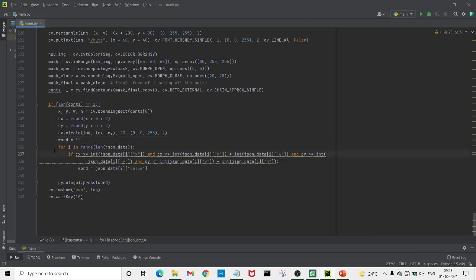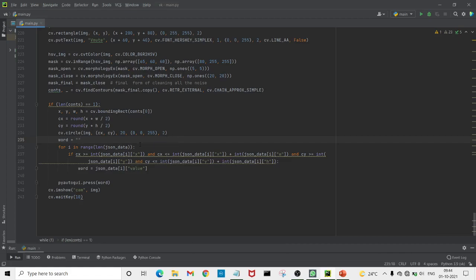Then we'll call the length function with an object as an iterable to return the number of items it will contain. And here the length of JSON data. JSON data is commonly used to transfer data as text. So whenever we click on the keys, it will display the text on, for example, a notepad.